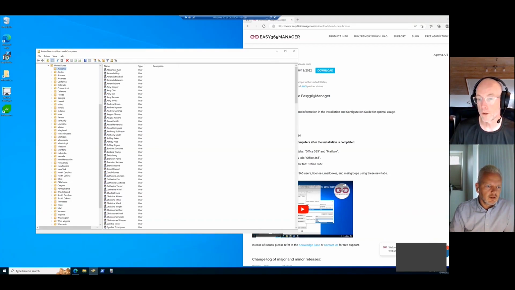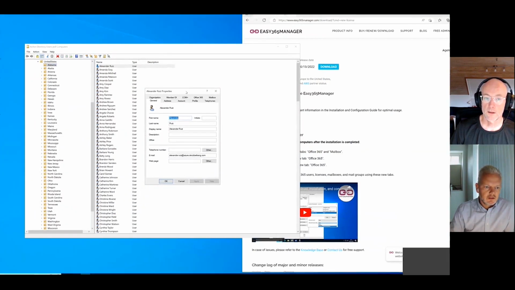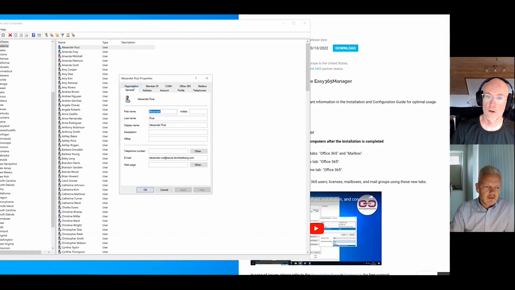So it's only running when you start up the AD Users and Computers tool. There's no agent or any service or anything that you need to configure. Also, you don't need to make any schema change or any kind of change to your infrastructure. Okay, that's nice. So with Easy365Manager installed, when you open up any user properties, you'll notice that you have two